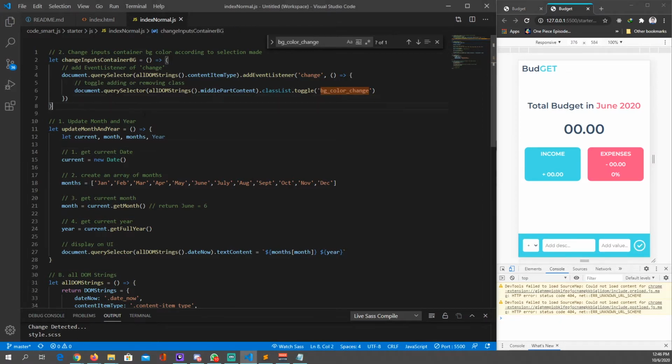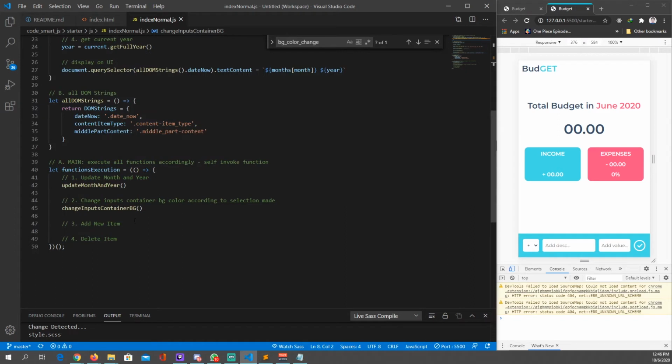So we finished that. Then we're gonna go through add new item. To add a new item, we have two ways, right? First one by clicking the check mark button, and another one by hitting the enter key. So I think we have to do like 3.1 add new item